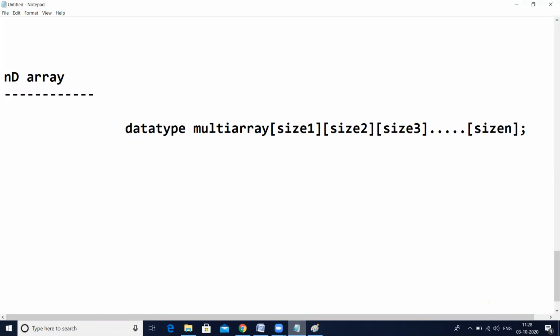For example, if you are taking int values, we can take an array like a[3][4][5]. This is a multi-dimensional array.